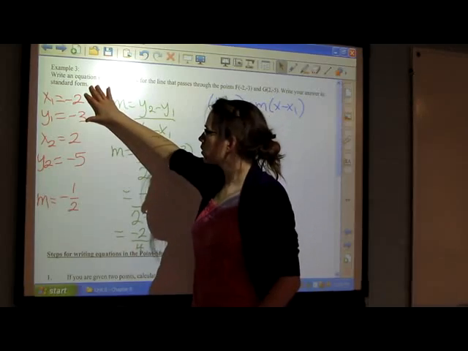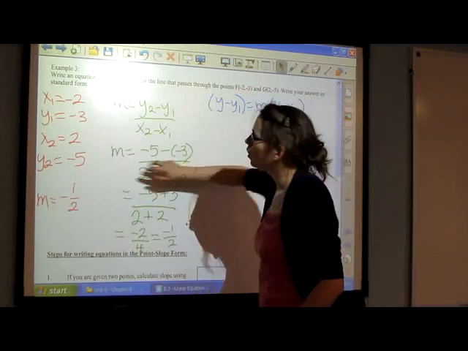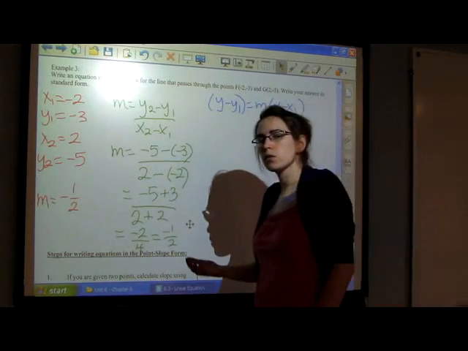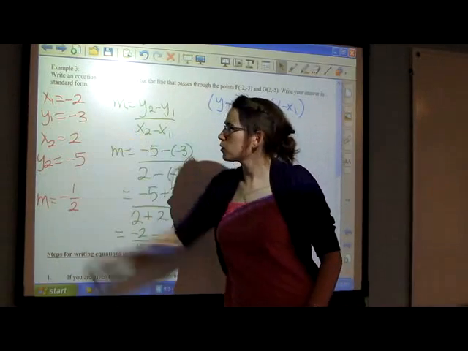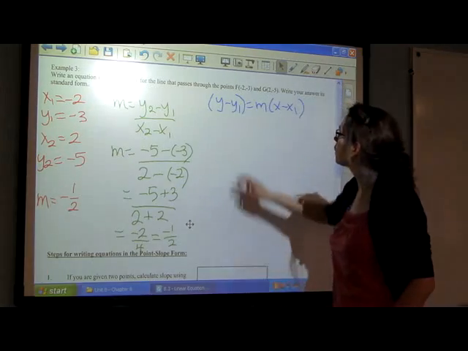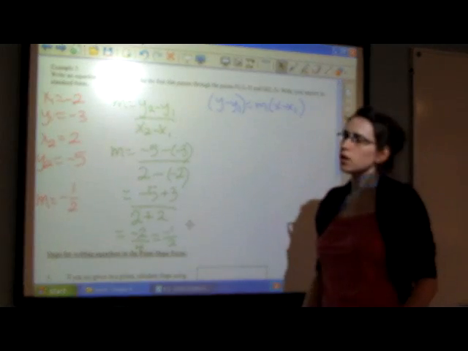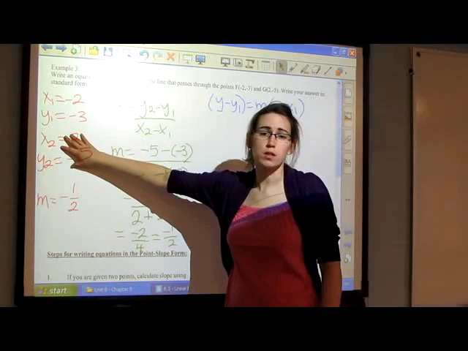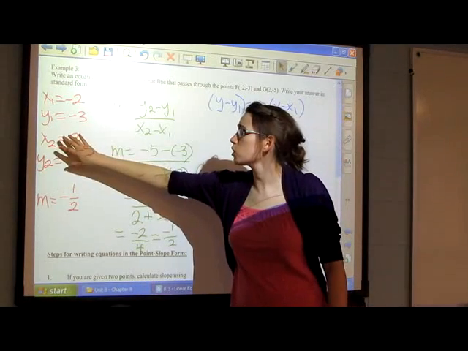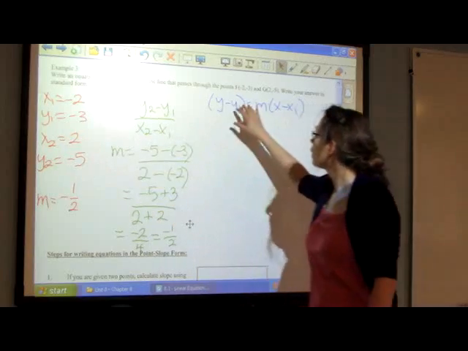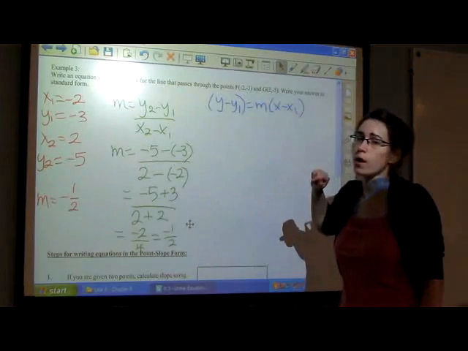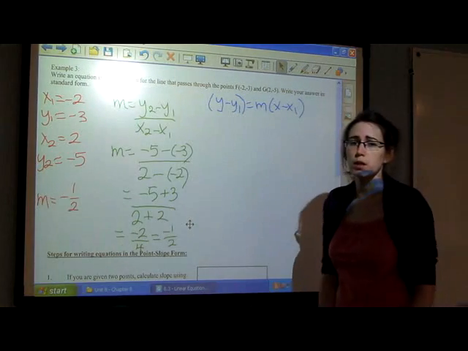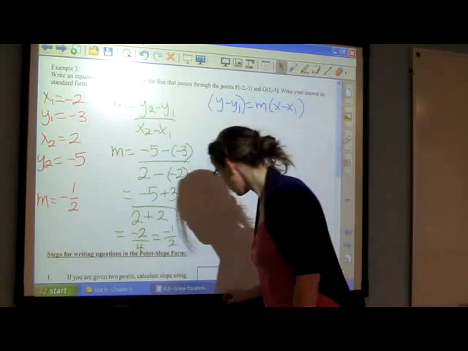You can use point F, or you can use point G. It doesn't really matter which one you pick, because these ones already have an x1 and a y1 on them, I think I'm just going to pick those ones, but I could just as easily pick this set of points. Just so long as I have a point that I plug into my x1 and my y1 values, I can plug either one of those in to get my answer. So,